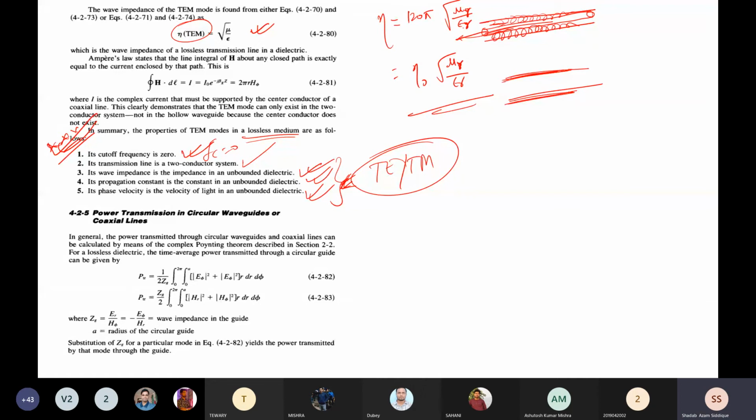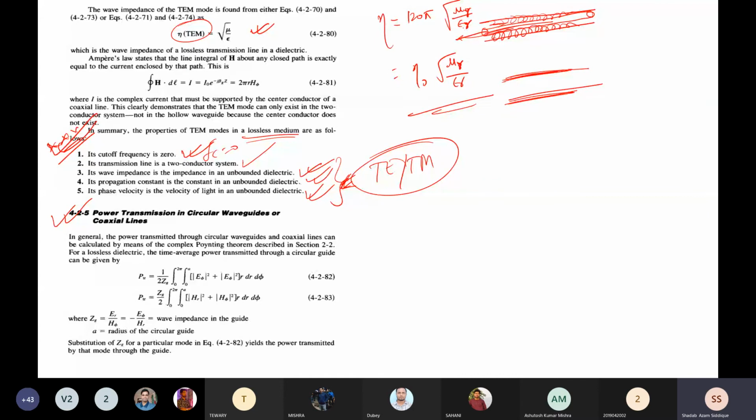So this is the power transmission in a circular waveguide. Although this is not in our syllabus, we have studied the rectangular waveguide, which was in the syllabus. Similarly, we can see the circular waveguide, which is also similar. Whatever we have studied for the rectangular waveguide is the same, but the coordinate system is changed. There it was the x, y, z coordinate system. Here it is rho, phi and z, or r, phi and z.